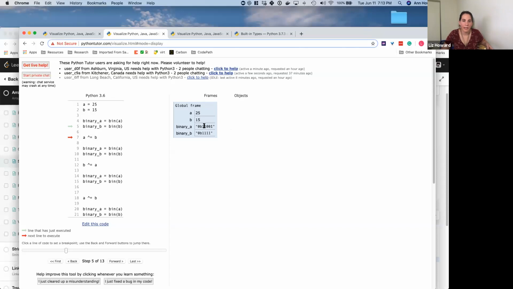This is what A is in binary. That 0b just tells Python, hey, treat this as binary. And then the rest of these are individual bits. If you look at them,